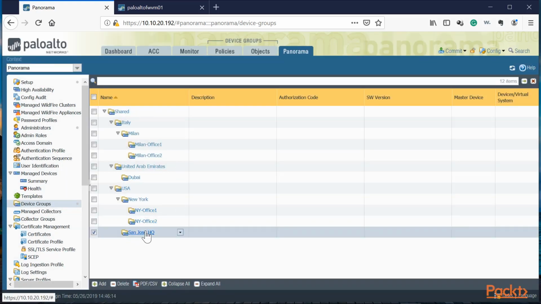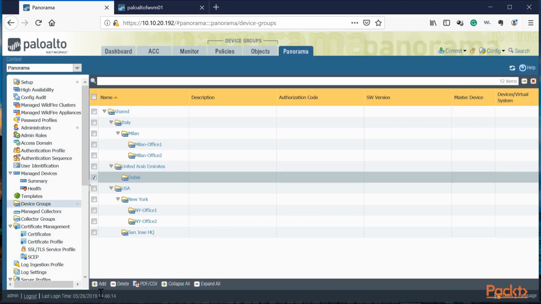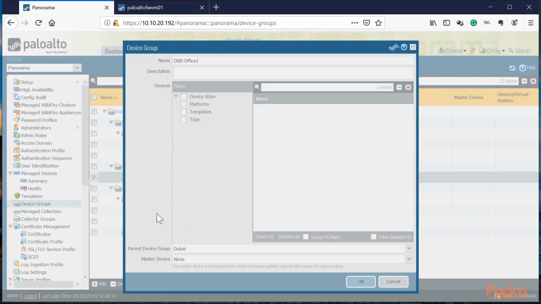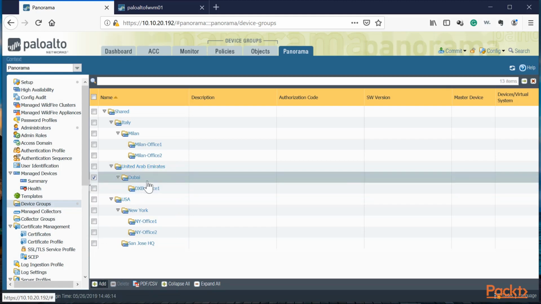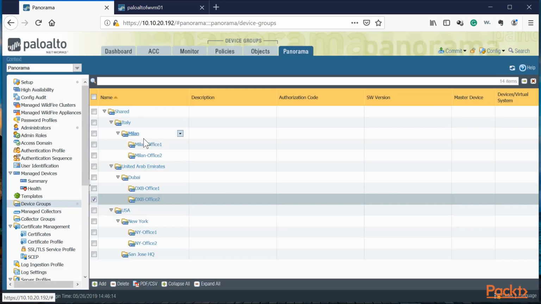San Jose, because it's a single office, we don't need to make it an office here. Dubai, we also have 2 offices in Dubai, so let's make sure we add both offices. And then we can also select the last one, which is going to be Office 2. Okay, and now we've got both offices in Dubai, and both offices in Milan, and we got both offices